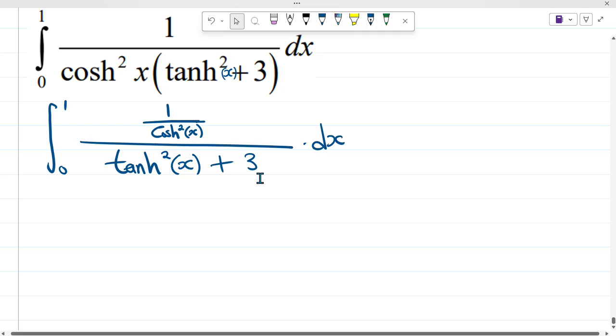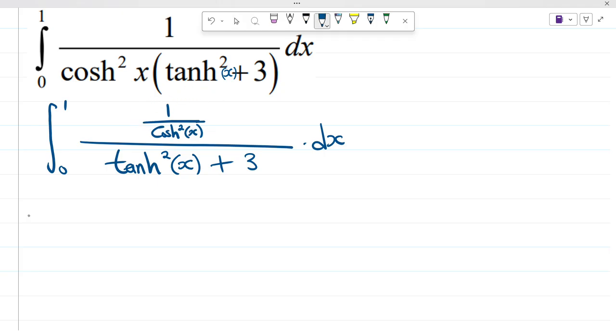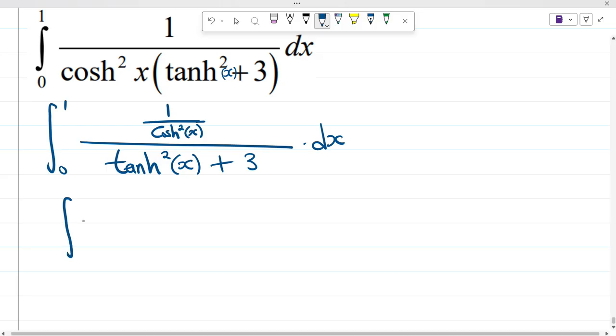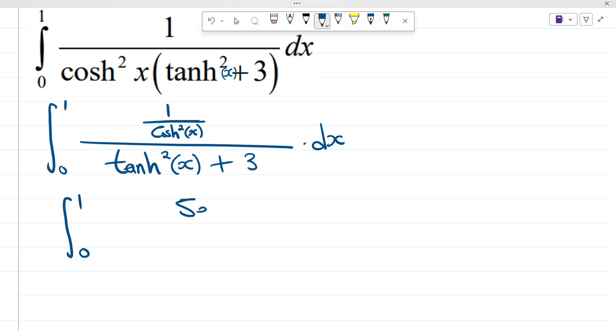gonna be one of the inverses, right? You all can see, right? I hope so. Okay, now let's see if you change this one to its equivalence when it comes to reciprocals, then how much is it gonna be? So now we're still rewriting this thing nicely. 1 over cosh is the same as hyperbolic sec, right? So this is going to be hyperbolic sec squared of x, just like that, divided by